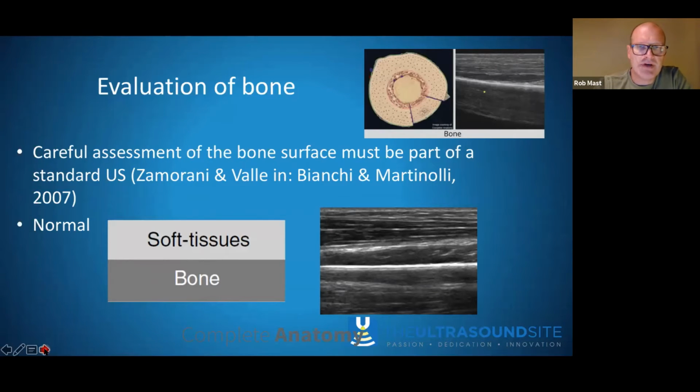So effectively, when an ultrasound beam hits a bone at a 90-degree angle, you get a very sharp interface, because the soft tissues overlie the bone, and the bone is obviously very dense and reflects a lot of the ultrasound waves directly, but it's also very different in terms of its density to the soft tissues